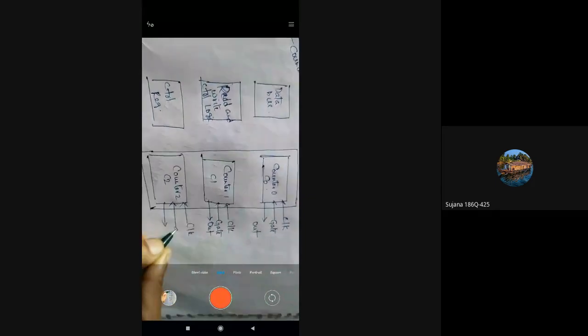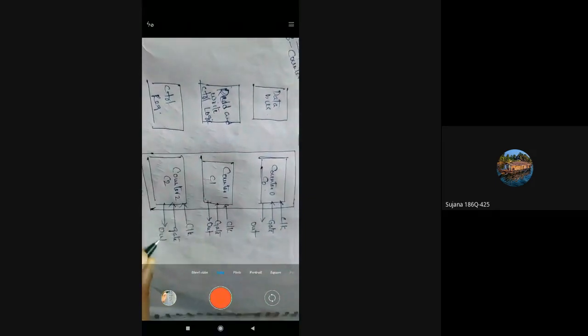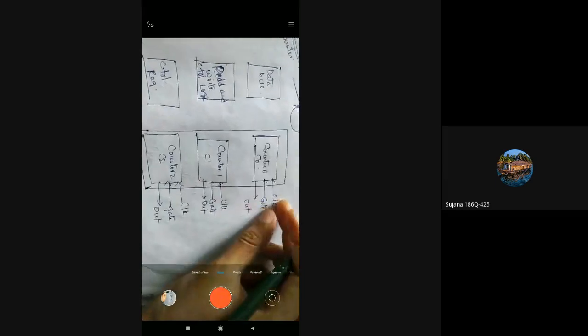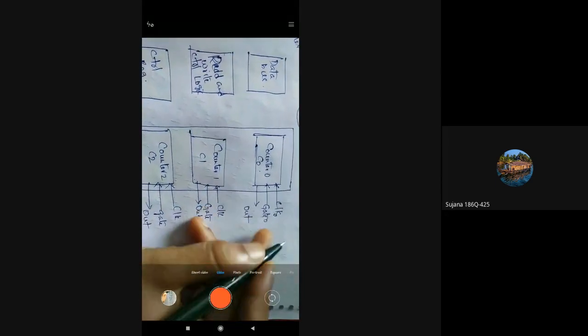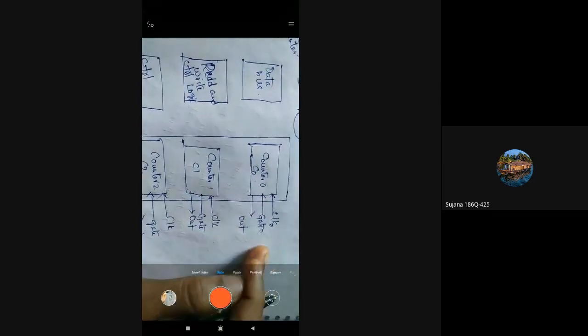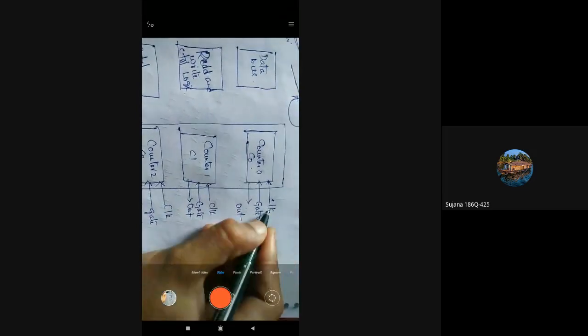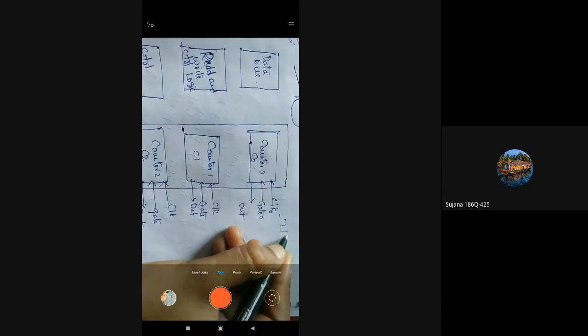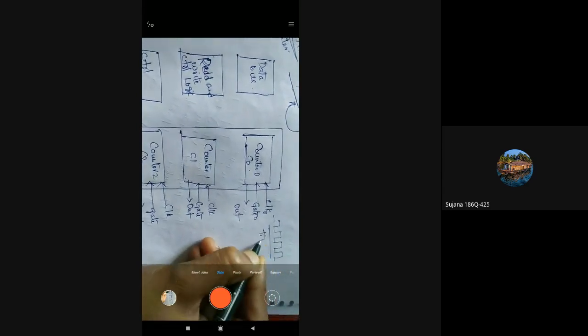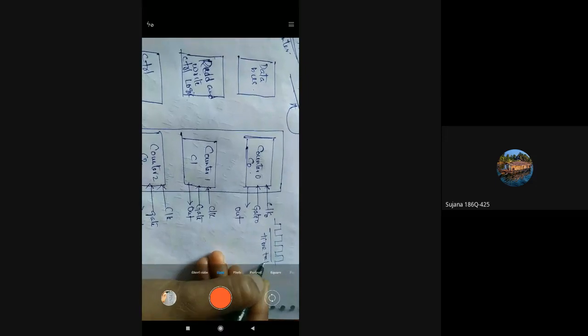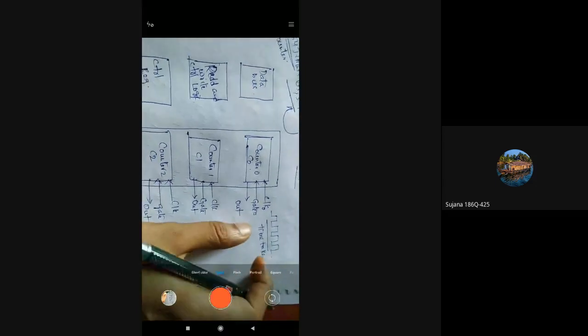Clock, gate and out. So each counter will have 2 inputs, clock and gate. One is clock and another one is gate. You all know the clock signal. It is used to measure the time taken. It will give you the time taken by a device to complete a particular task.